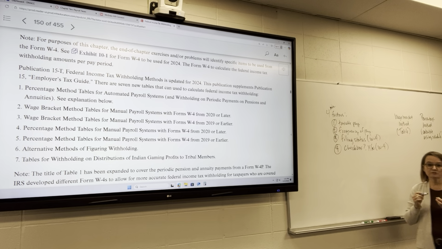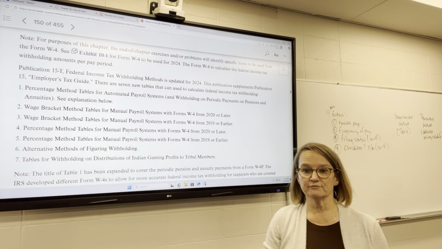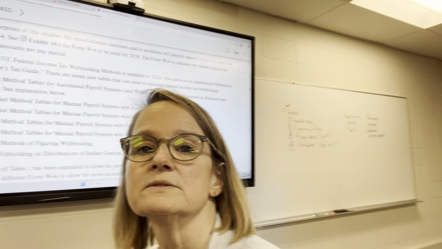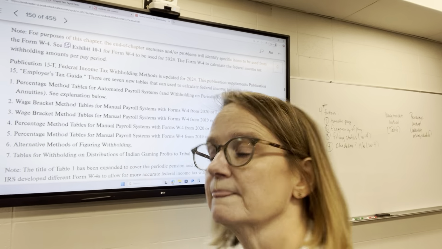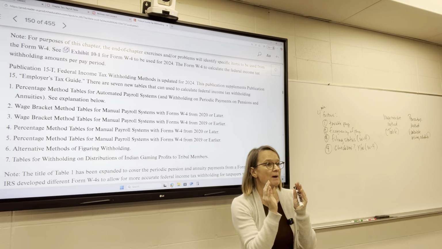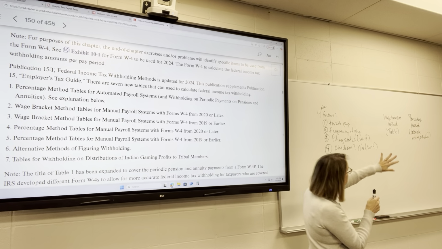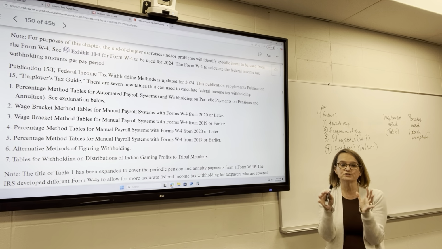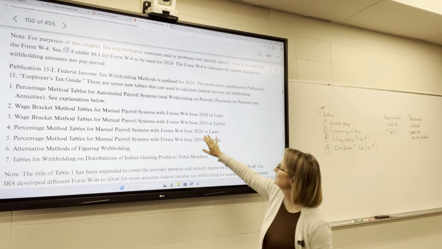So these are 2 different methods of doing the calculations. Now, the publication that contains all of this information also includes some information for,